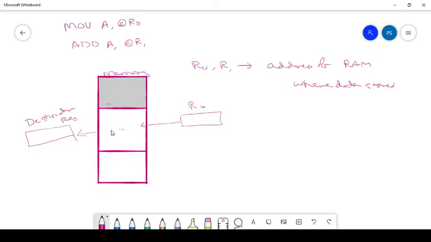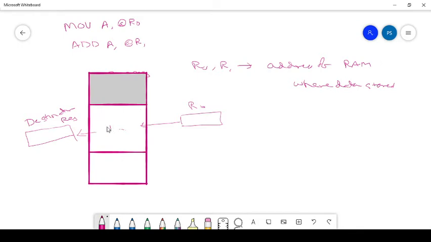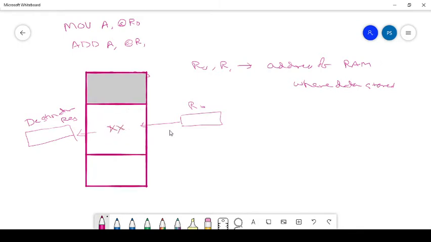Here I have some data, some XX data. So R0 has the address of this memory. This is RAM memory, and it has some address, maybe 23H. So 23H is the address of the memory location.